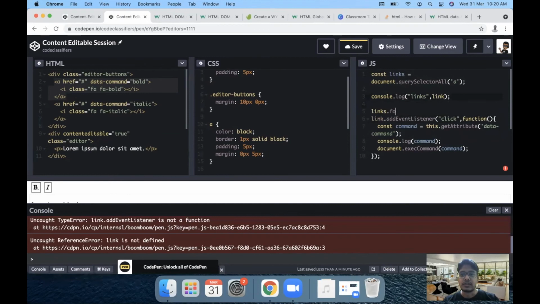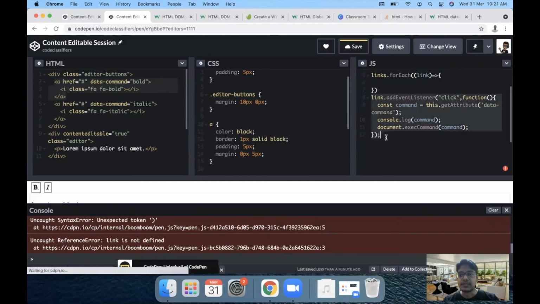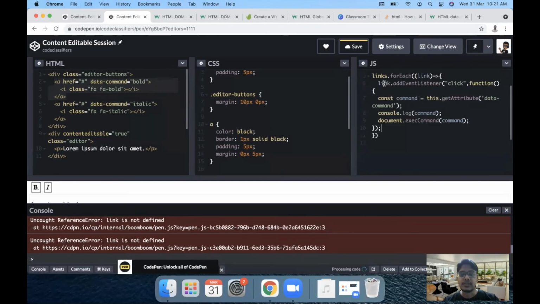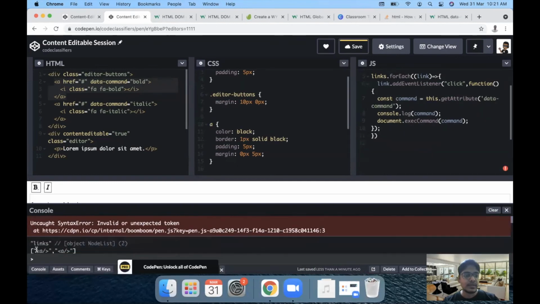So links.forEach, then for each element we will have a link attribute here, and then we can add the code which is present in our event listener. What this will do is add the click listener to both of these elements, that is the first element and the second element as well.